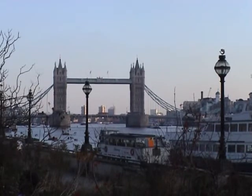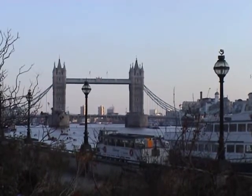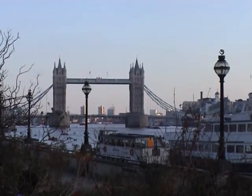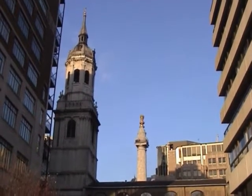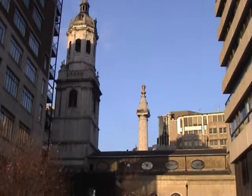We're standing on the north bank of the River Thames. That, of course, is Tower Bridge, and we're stood near London Bridge. If we turn round, we can see this, the monument to the Great Fire of London,